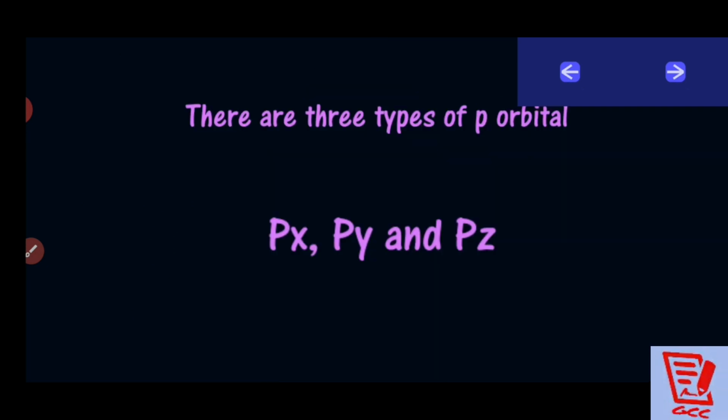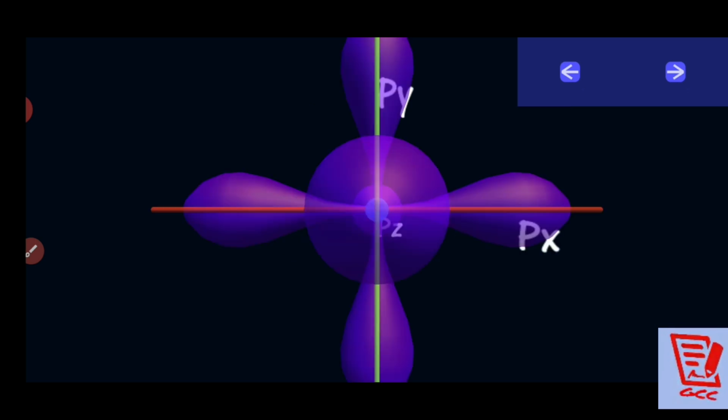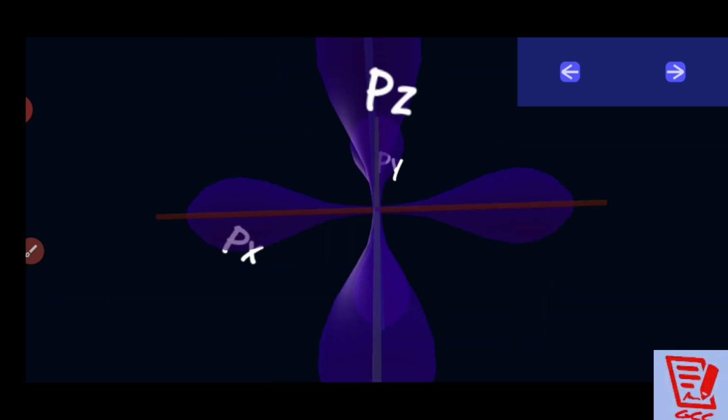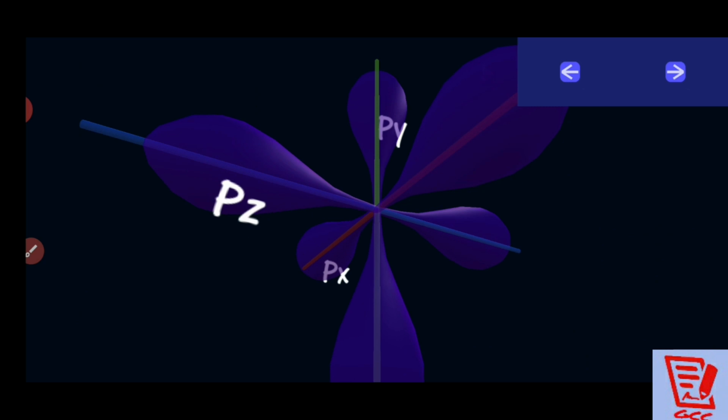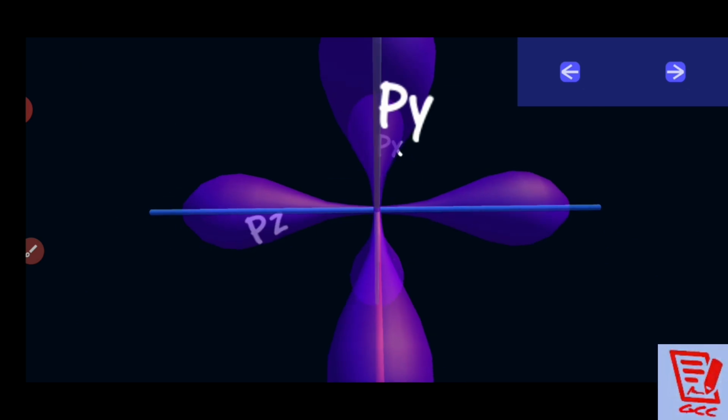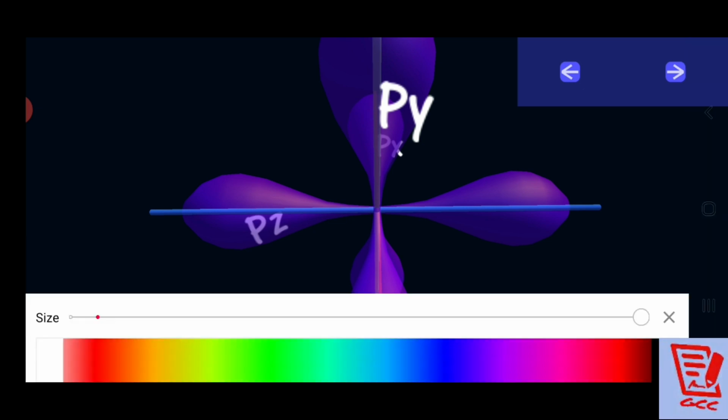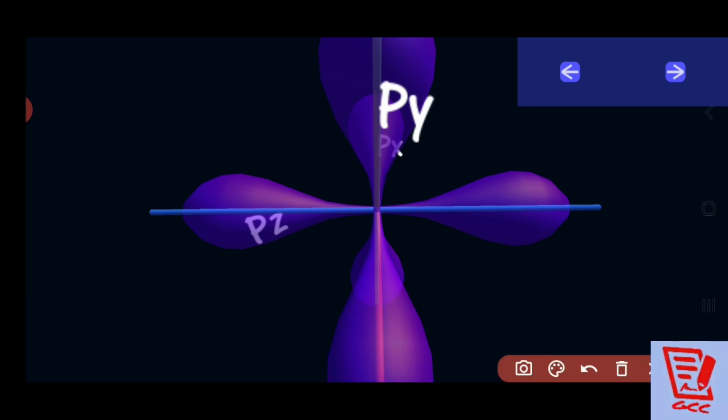Then after that, beta, now we are going to study the directions of the p orbital: px, py, and pz. You see all of you, please. Now, beta, we all know very well that we have an x-axis, y-axis, and z-axis. You see, this orbital is around the y-axis. That is why it is a py.